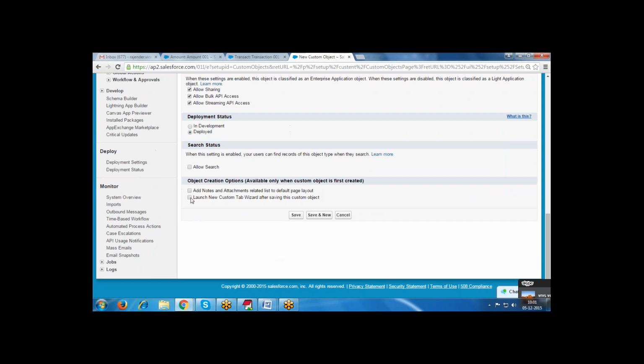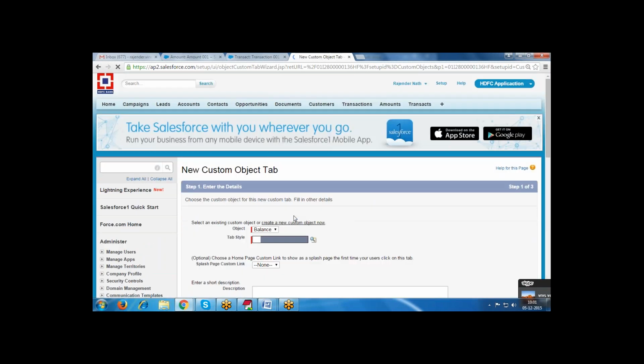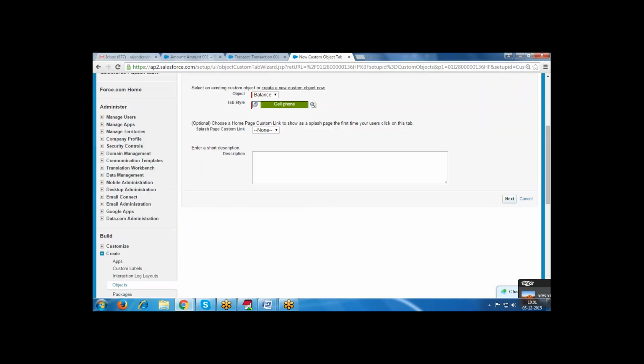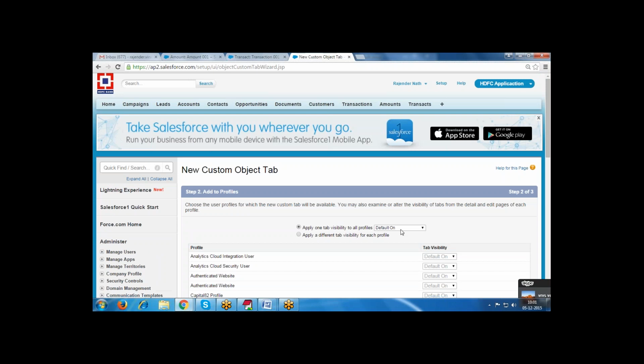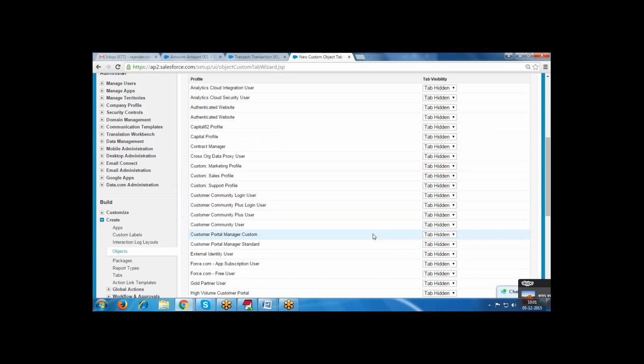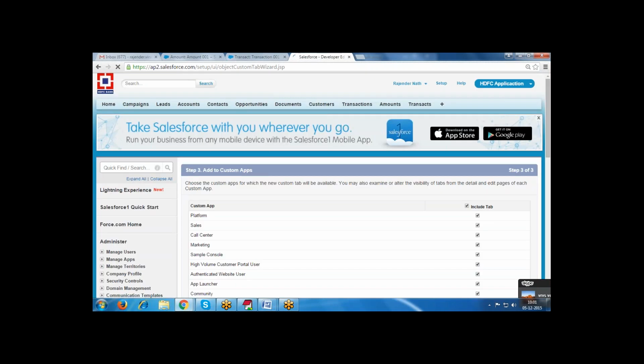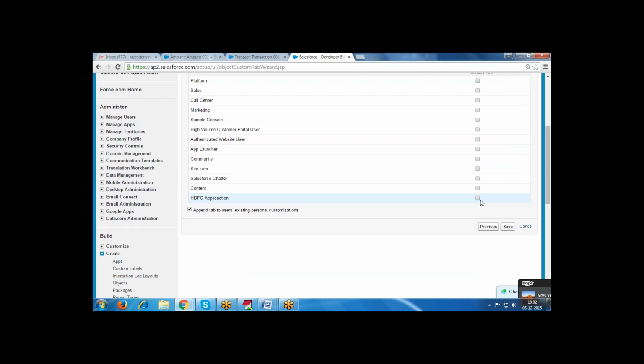By default, the tab is hidden for every profile, and default on for the system administrator. Now applications: HDFC application.